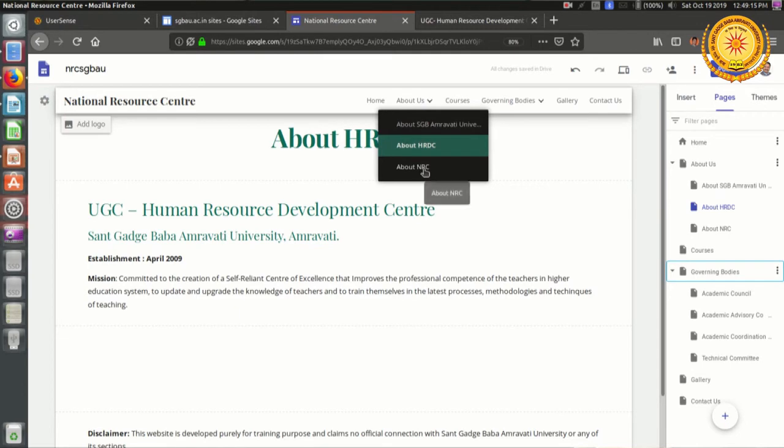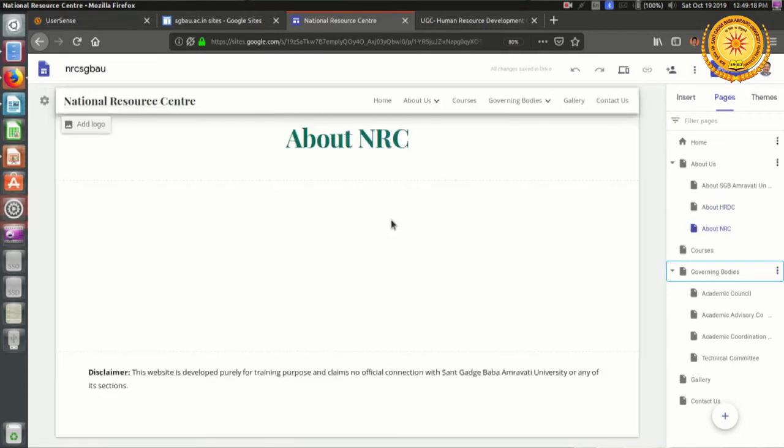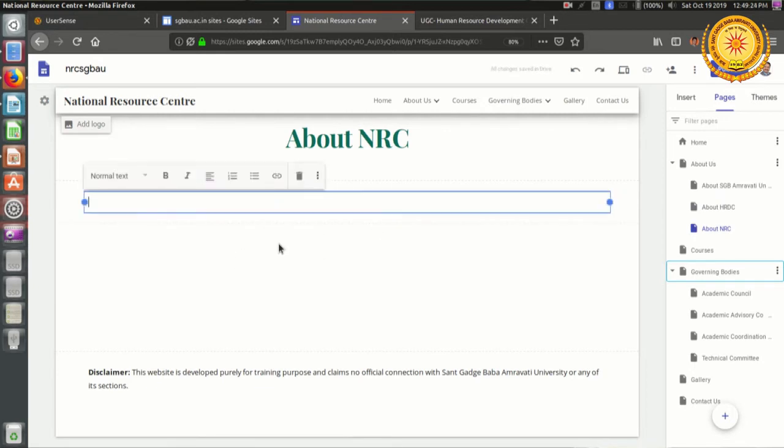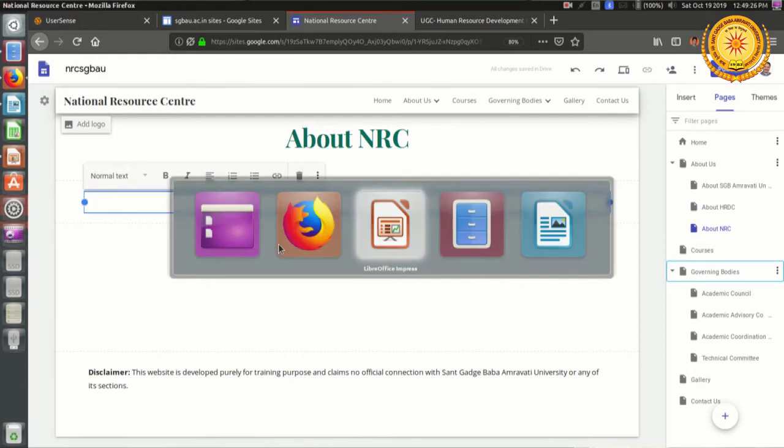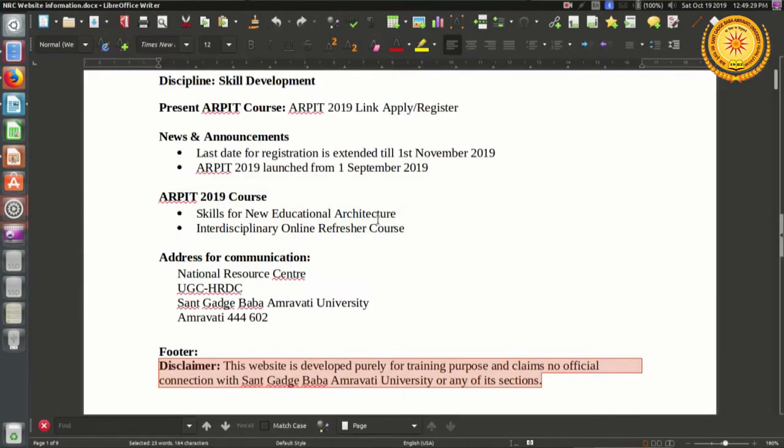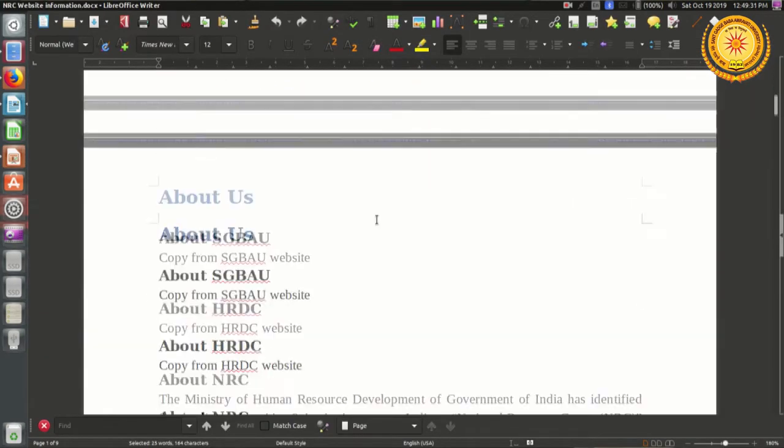I will move towards the next page, that is about NRC. Again it will consist of textual information. So double click, insert a text box. Here I have stored this information in my Word file.